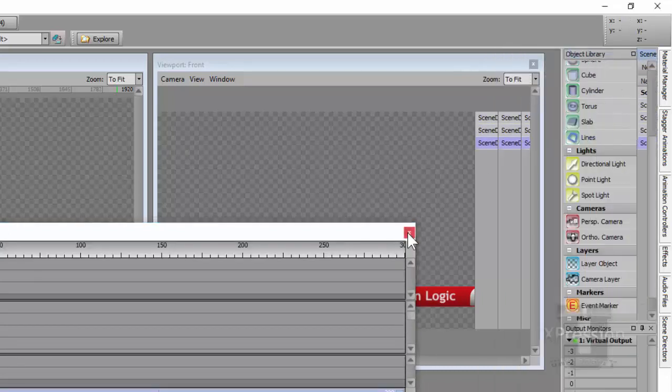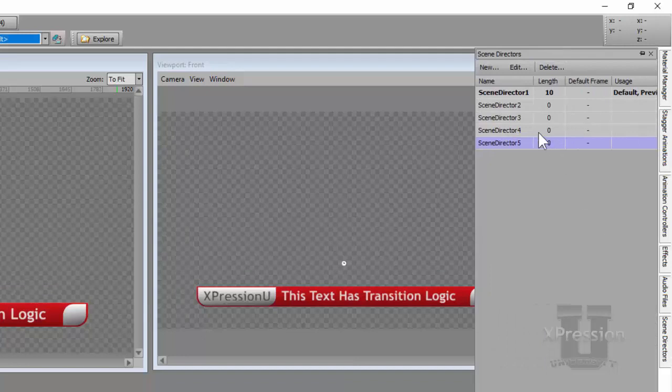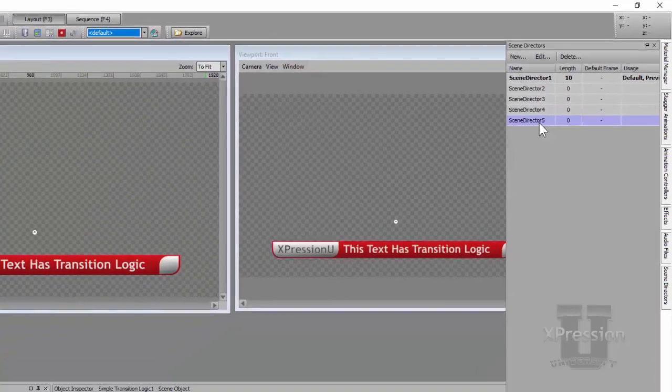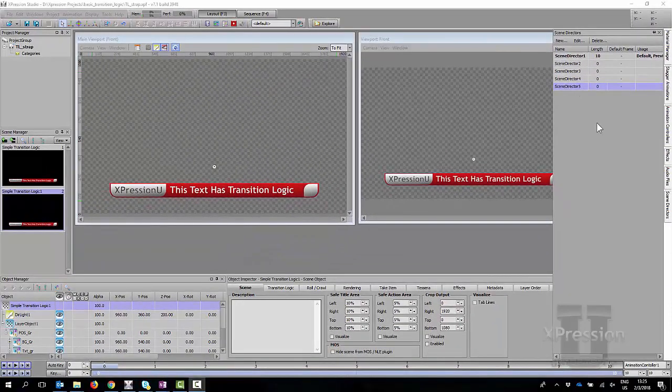Just going to close them. What you're going to notice here is the scene director. This is my default scene director, which you can see is in bold, and then I have my other scene directors. I'm going to rename these. The reason why I've ended up here with 5 is because Expression requires a default scene director, and that scene director is what it plays every time the scene is taken on air, which means in the past that's the behavior you would have wanted, because every time it goes on air you would want it to play the animation.